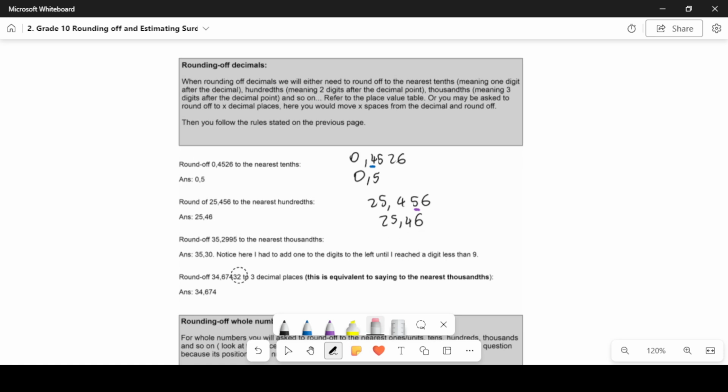Right? Let's look at the next example. 35,2995 to the nearest thousands. So round off 35,2995 to the nearest thousands. Nearest thousands, so 35,2995. The nearest thousands is this column here. Right? The thousands is in this column. Now this number is 9. The number to the right of it is a number that is greater than or equal to 5. So therefore, I have to do what? You have to add 1 to the digits to the left until you reach a digit that is less than 9. Watch here. So this will basically become